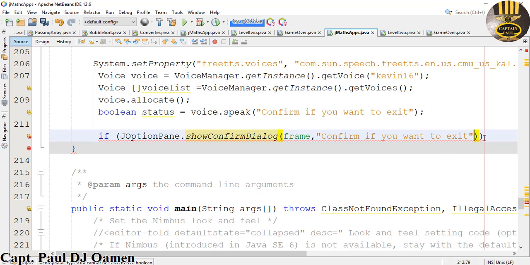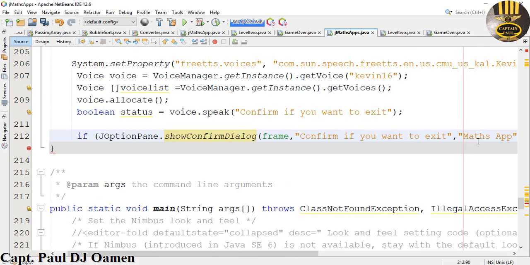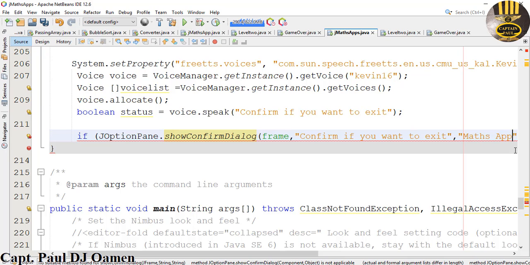There we go. And the name of my project, comma, I'm just going to call that mass app. Let's put another comma underneath here,